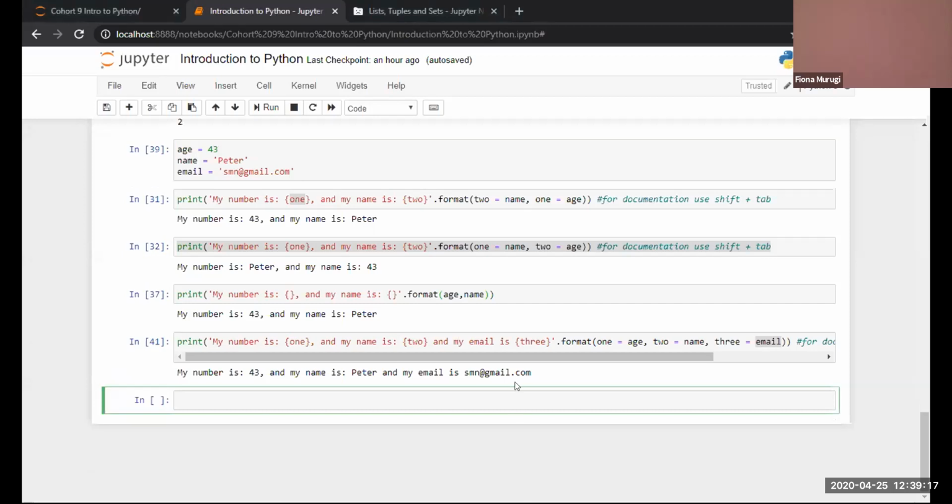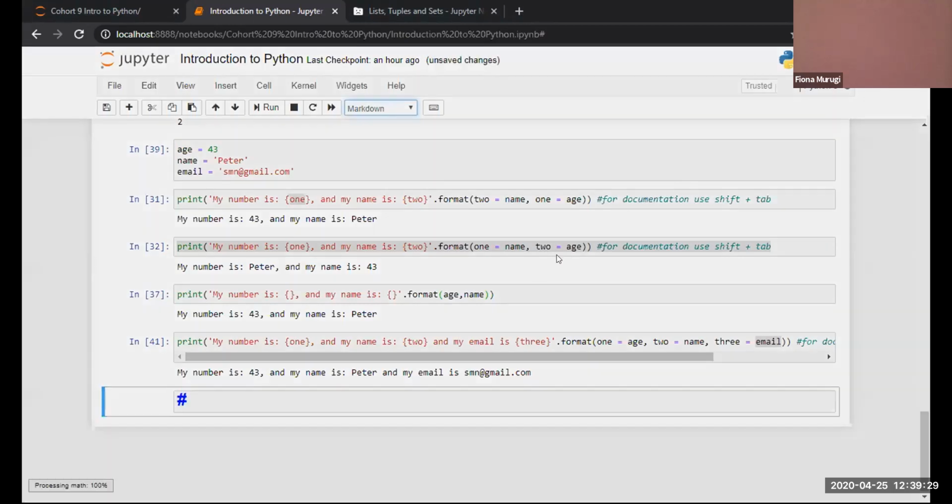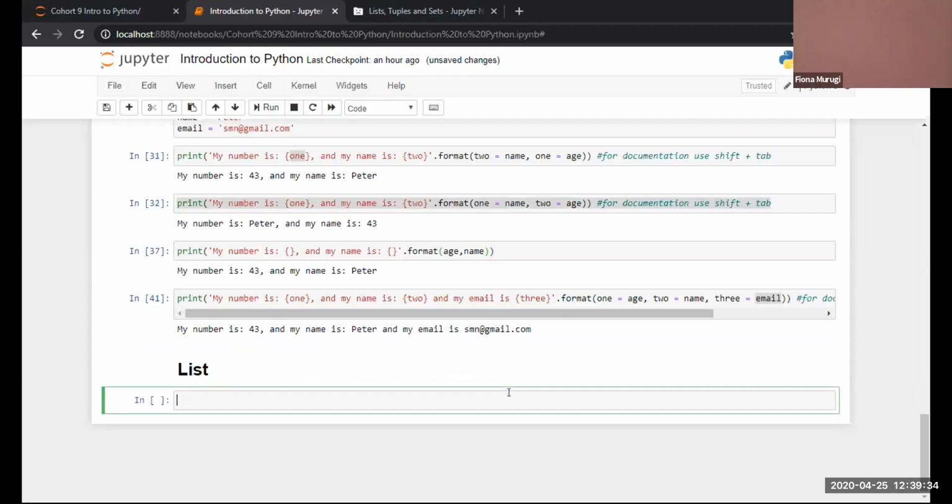So now we're going to move into some other kind of data type. The other type of data that we have is a list. So let me call this list. A list is a Python data type that is able to hold